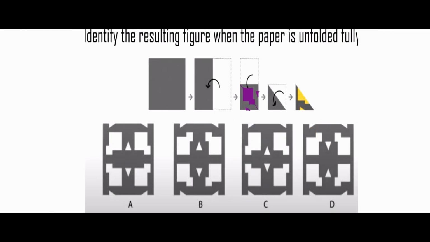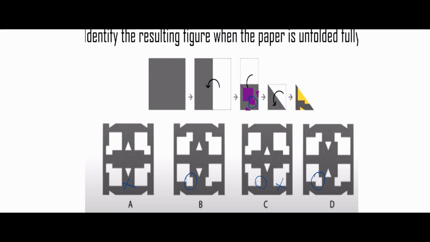So now we will compare with the options given below. In option D and option B, you can see a square shape similar to the above obtained figure. But in option C and option A, the square portion is in the opposite direction. So by that logic, we can eliminate option A and option C.